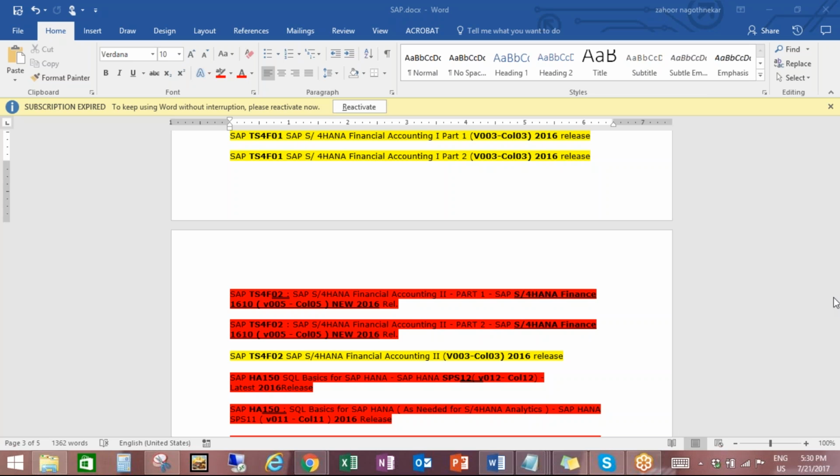Yes. Integration-wise, we will have one or two sessions focusing on integration with other modules, but otherwise this is a finance course. We will not concentrate more on the logistics processes because for that we already have a different course, which is SAP S4 HANA Logistics.